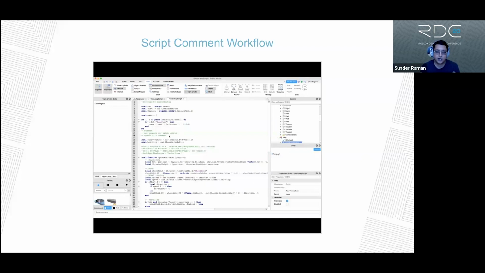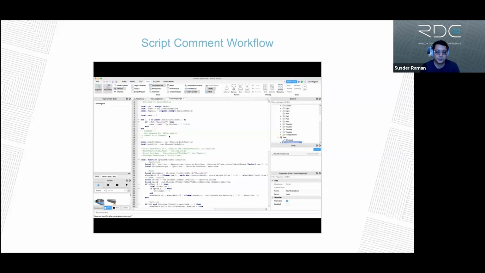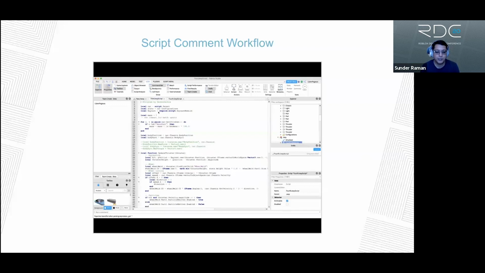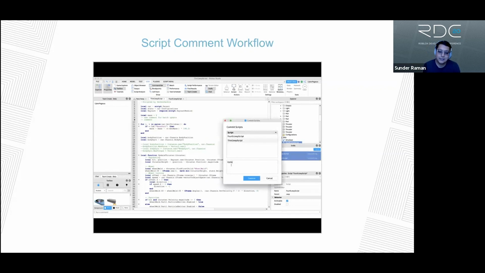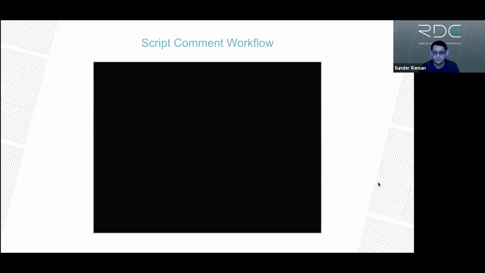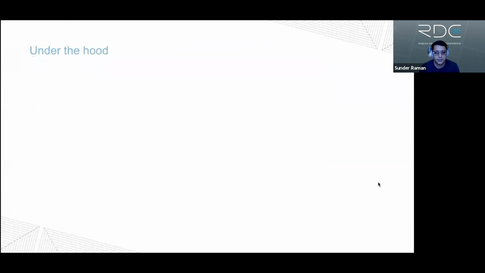Now, as I mentioned earlier, odds are you're working on multiple scripts at the same time. And it's a very similar experience whether you're working on one or more scripts when you commit. So I'm going to make a change to 2 different scripts here. And then both of them end up as drafts just like before. I can select multiple scripts. When I hit commit, I get the same dialog. And in this case, the comment that I leave is going to be associated with the version history for both of those scripts. So that script comment workflow, that is still something that we're working on.